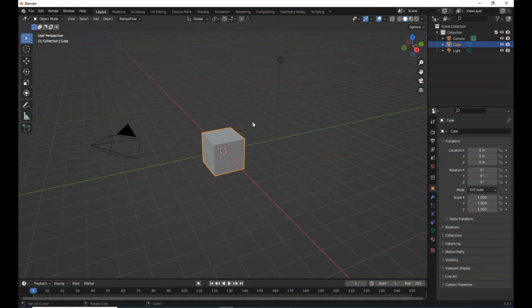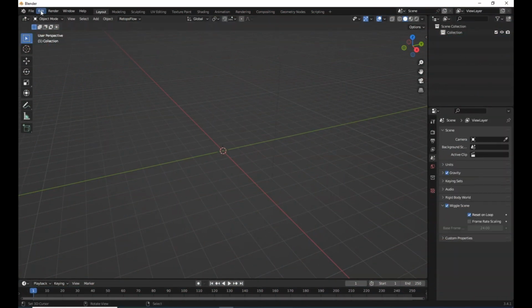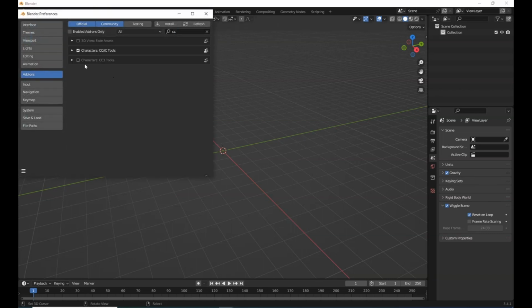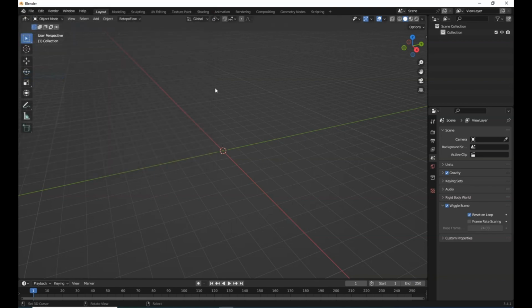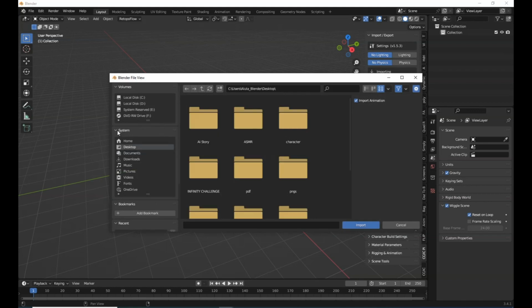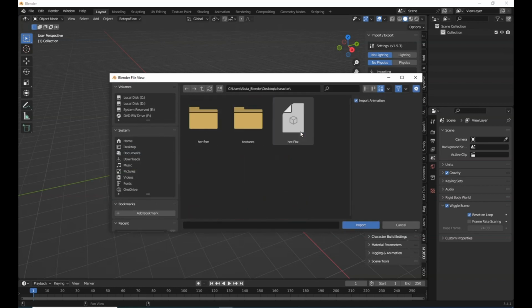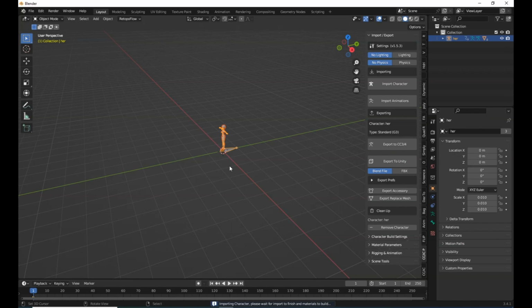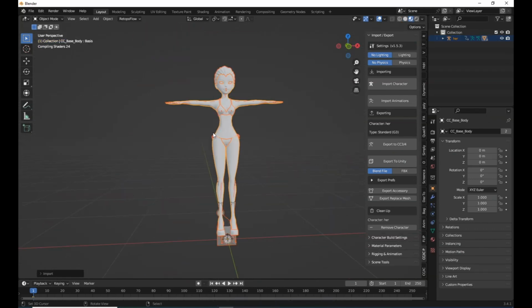Now open Blender, select Edit, then Preferences, Add-ons. Then we have to install the Character Creator Importer add-on. It's free, you can download it from GitHub. Press N, then select CCiC. Click on Import Character, locate to where you saved your character. After you have imported your character,